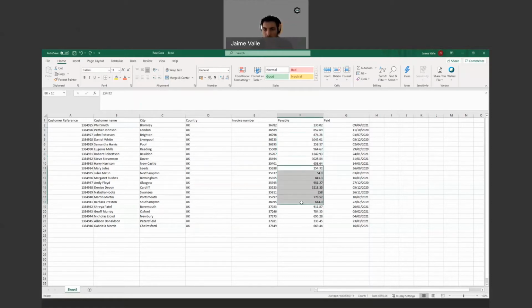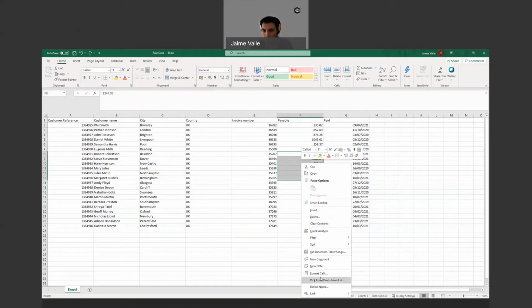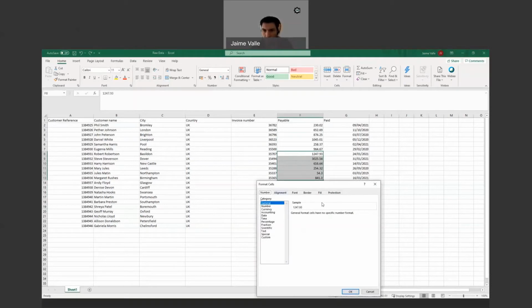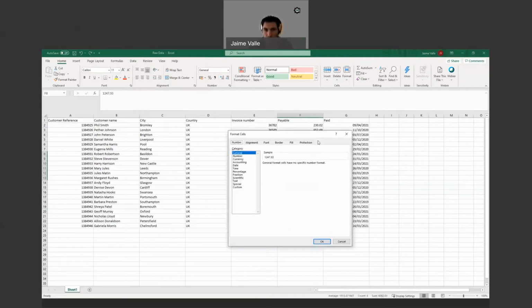I'm going to show you a second way to apply a currency format. I select a few cells, right click with my mouse and find Format Cells. A window pops up. Don't worry about the tabs. If you don't touch anything, it will come under the Number tab, and there's a list of various things.